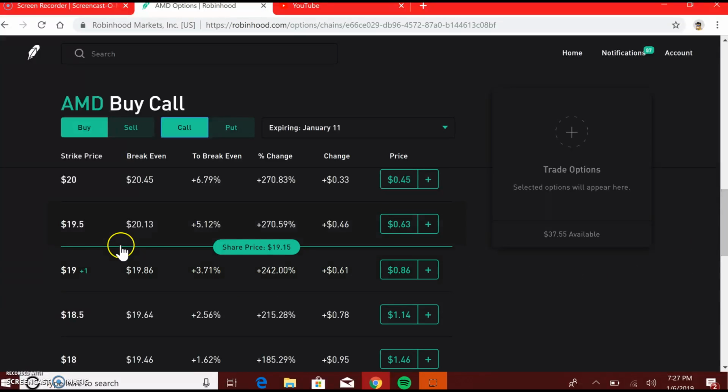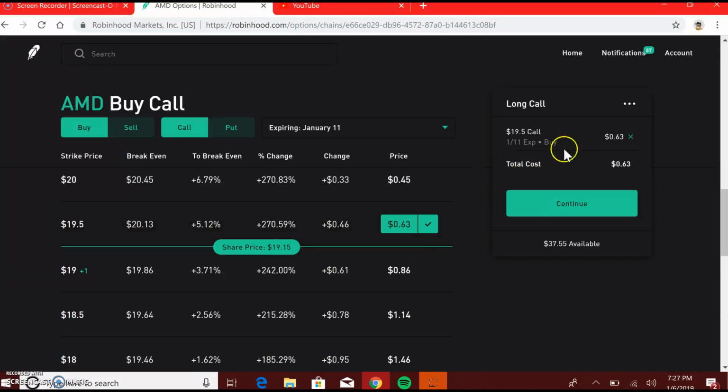So to buy, let's say we want to do the $19.5 call, and right now a share is $19.15. To buy that, we're going to go over here and click on it, and it'll pop up over here. And then you'll see that for the total cost, well, actually it doesn't show you here. Once you click continue,